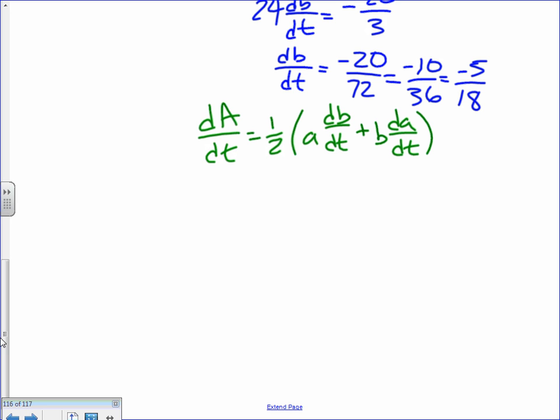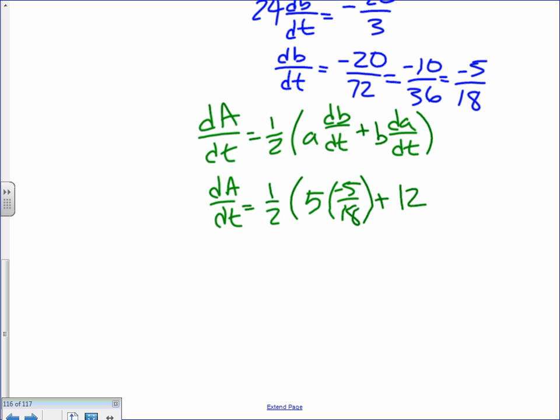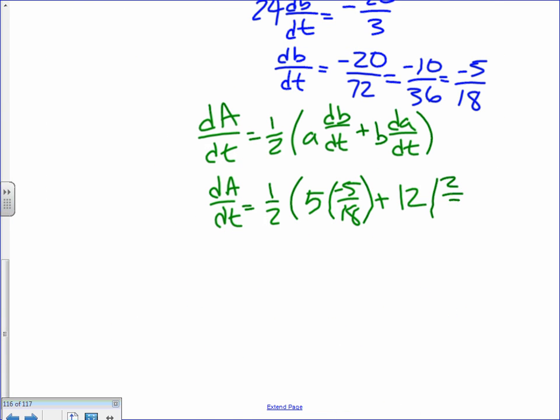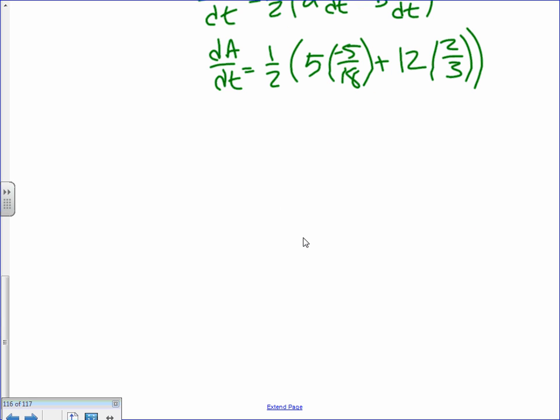Okay, let's plug in. dA/dt equals 1/2. A is 5. dB/dt is negative 5/18, plus B is 12. And dA/dt, I think it was 2/3, but I'm going to scroll up just to make sure. Yes, 2/3 times 2/3. Gosh, there's a lot of fractions in here. Okay, let's figure this out. Scroll down, equals 1/2 times, this is negative 25/18 plus this is